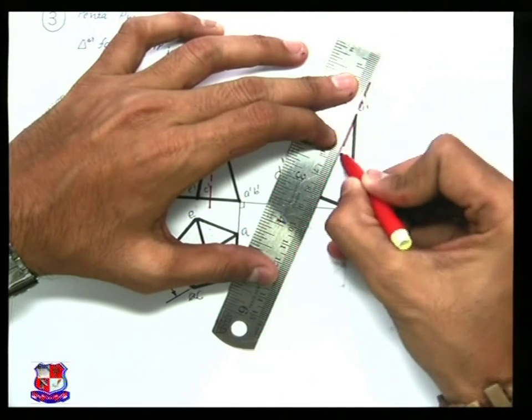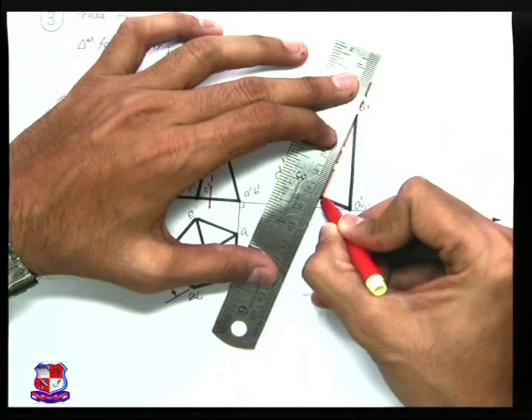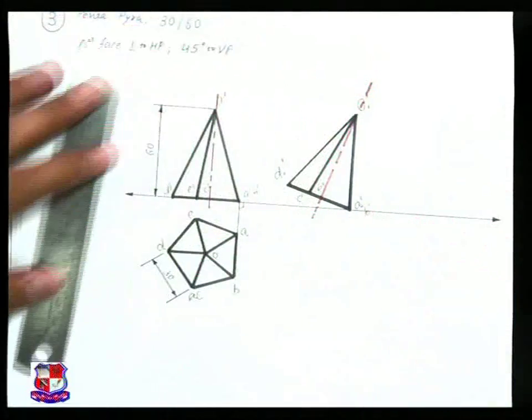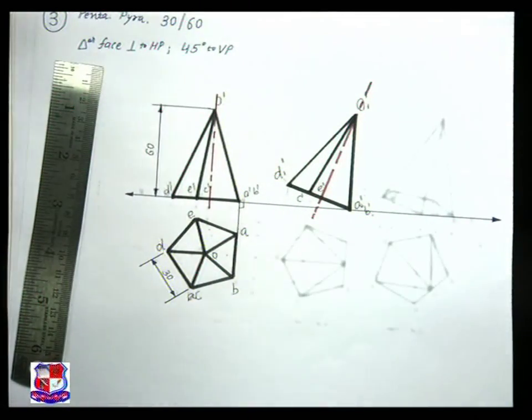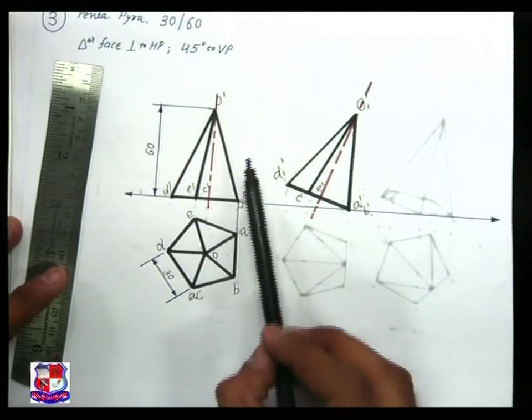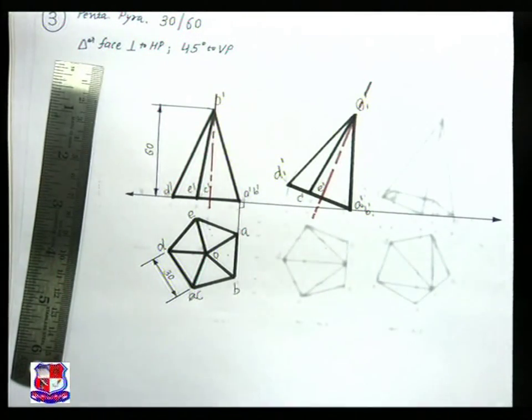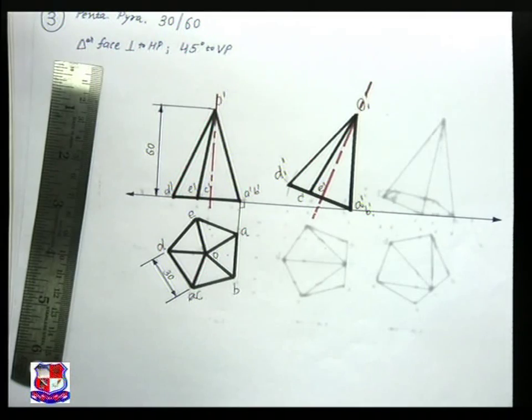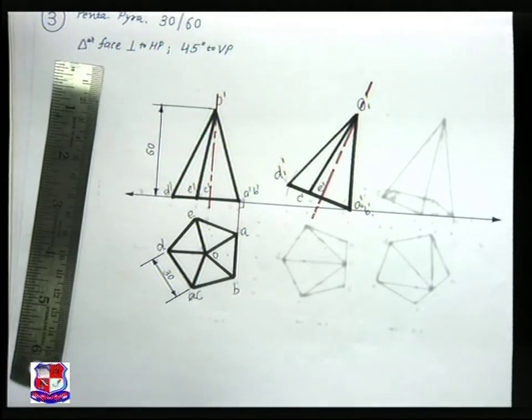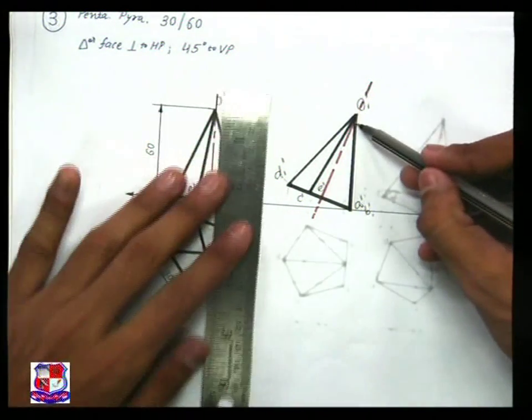To represent the axis, one long dash and one small dash should be drawn. So this is the redrawing of this pentagonal pyramid in such a way that one triangular face is perpendicular to the horizontal plane. Now from this front view